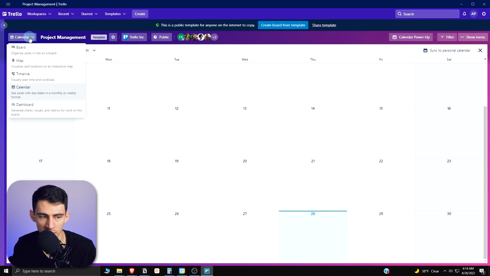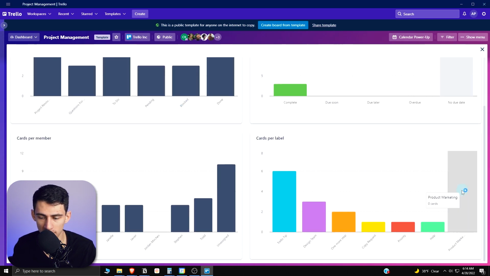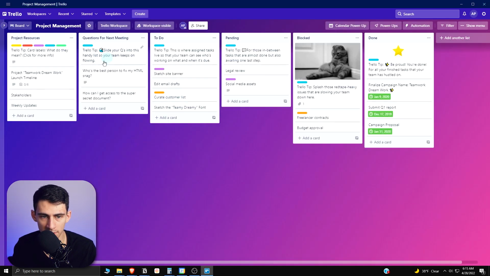on the specific dates they would have, and then a dashboard where you can see how many cards are on each list, so you can have an idea of at what stage in the process different cards are at for completion, or even if you have different cards labels or team members, you can figure out who has got the most on their plate. So if I create this board from the template, we can look at a few different